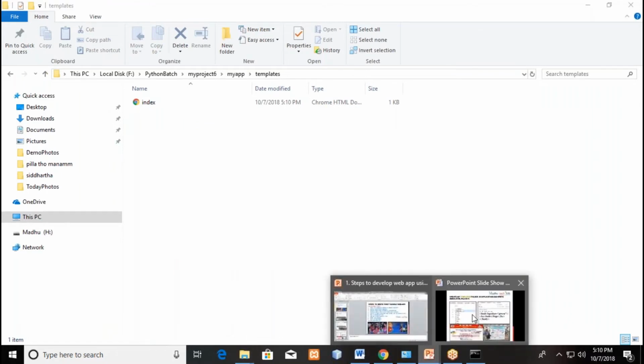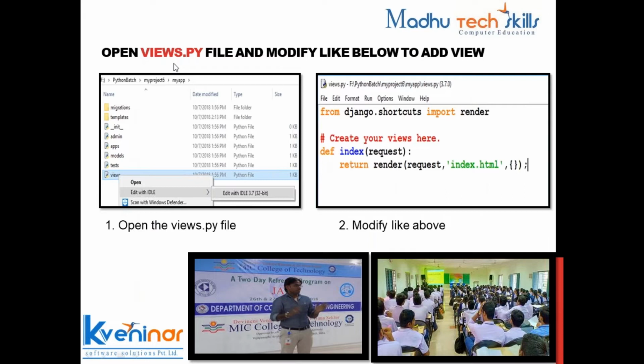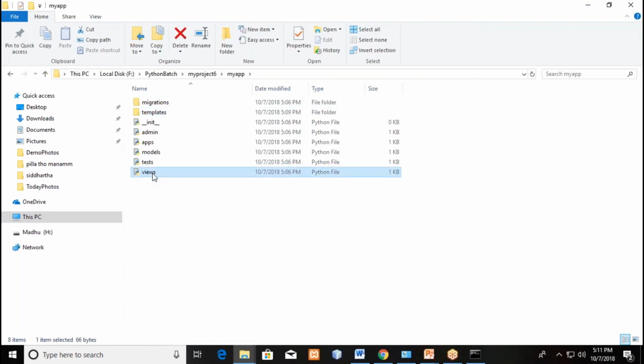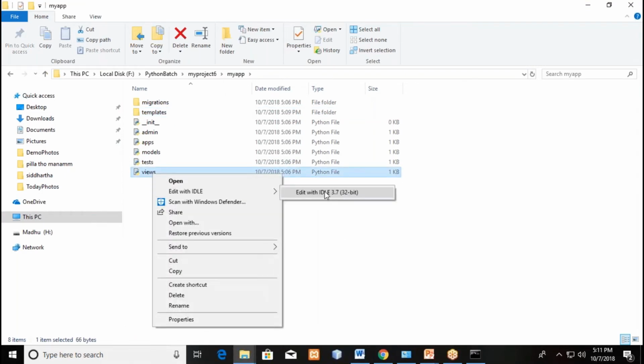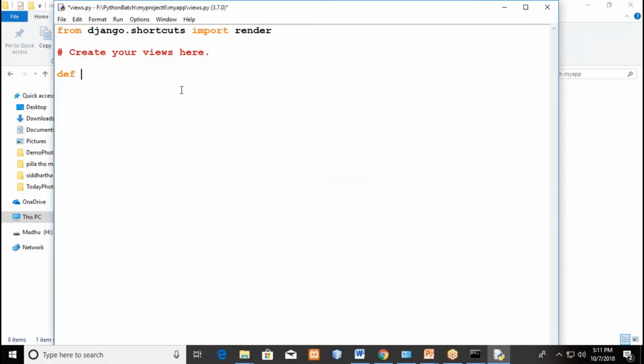Now follow the next step. I have created the templates folder. In that I have created the HTML file, right? Next step. Open the views.py file and create a view to invoke that HTML file, the index.html file. So what we have to do now, go to the my app folder, open the views.py file. Going to my app, here we have the views.py file, opening with an IDE. Here you need to write a function. You can give any name to your function, but I am giving index